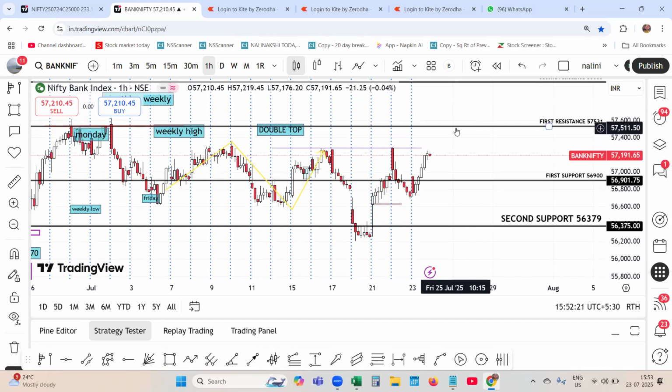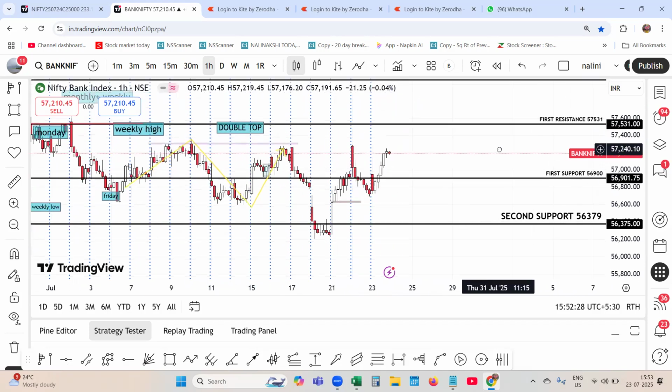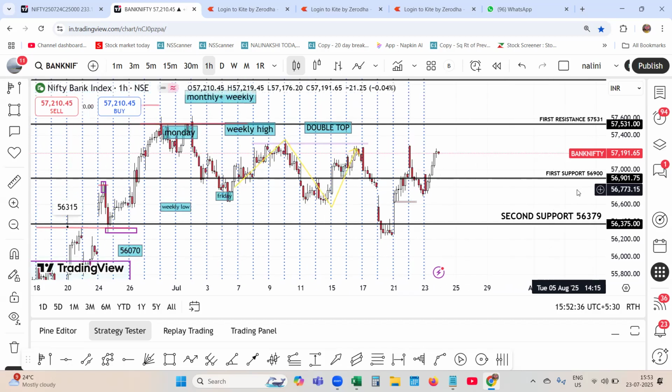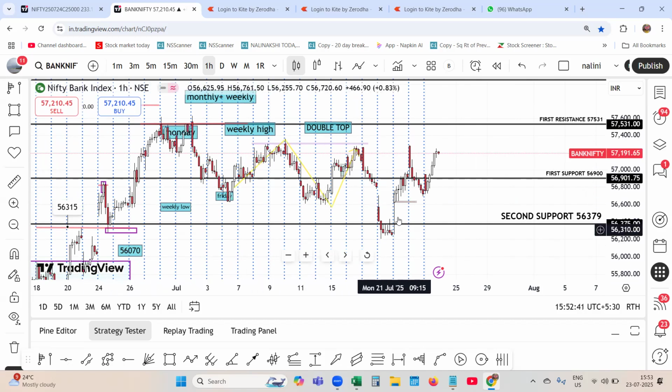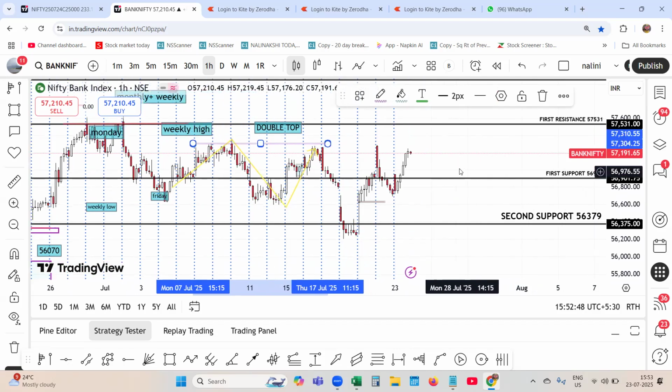Over this, there is static liquidity available for the market. So, Bank Nifty also can continue upwards, cross this level, and reach the first resistance target of 57,531. Immediate support is around 56,900. So the same type of compression, imbalance, compression and reversal is happening in the market. It may try to face resistance around 57,531.